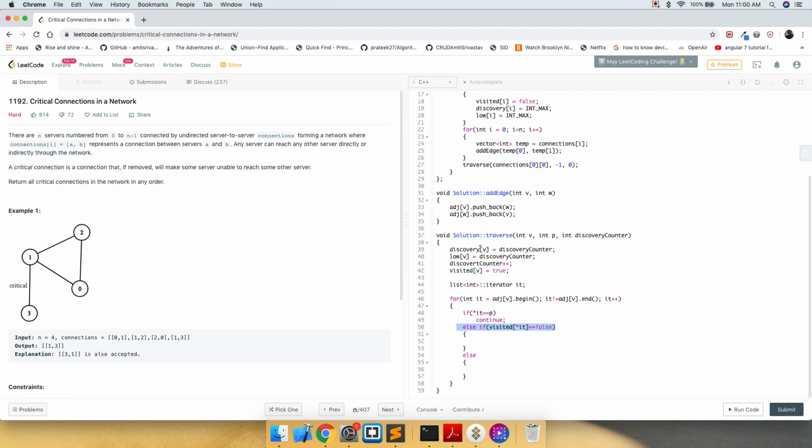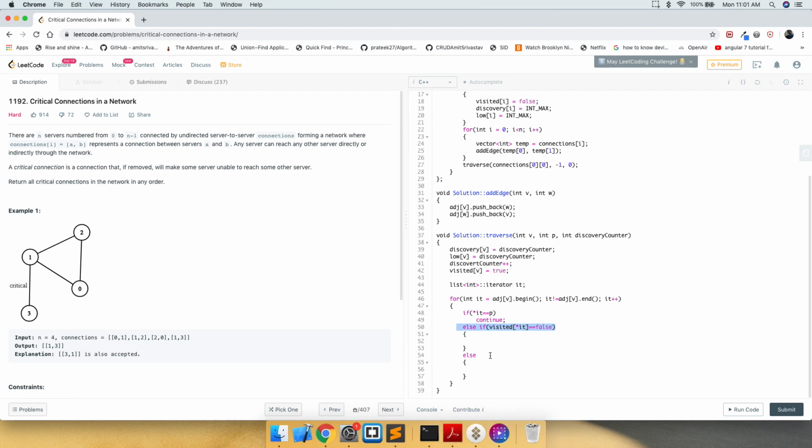Discovery is updated whenever we reach a particular vertex, and it signifies the time it took for the vertex to be reached through the parent, and we just update low with the discovery counter as well. But if we see that there is another connection possible via a neighbor, then it means that 0 and 1 do not have a critical connection, and even if we remove 0, we would not face any difficulty reaching other vertices.